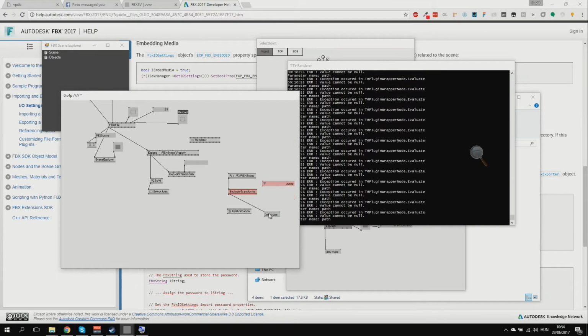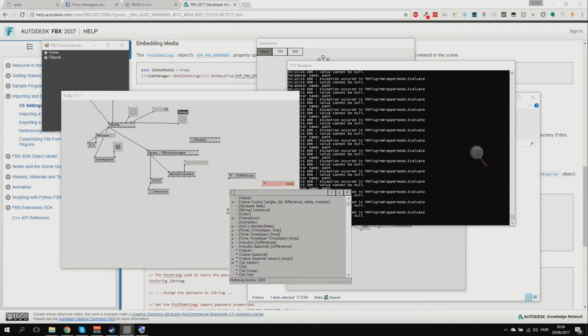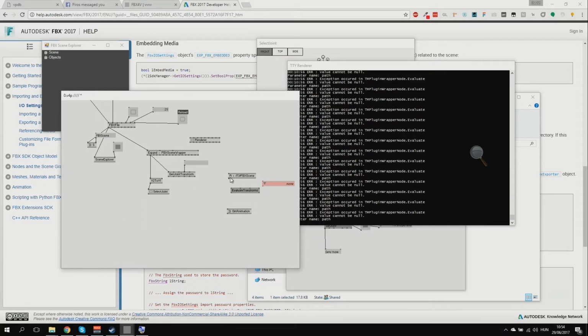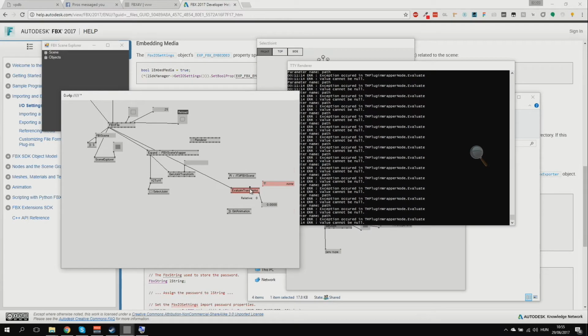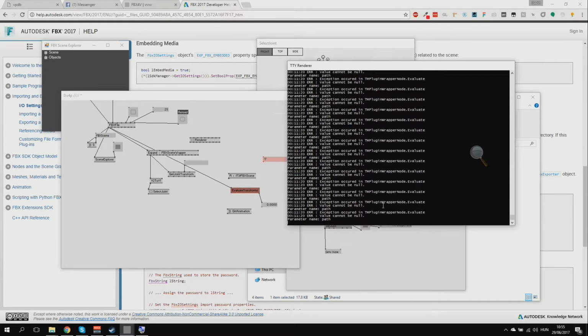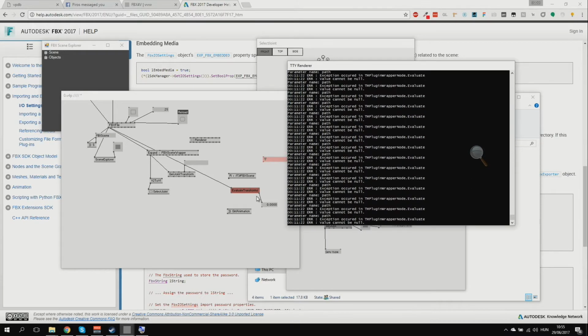Okay, this is weird. Yeah, it is imported, so why does it say value can be null? Anyway, that's a problem I need